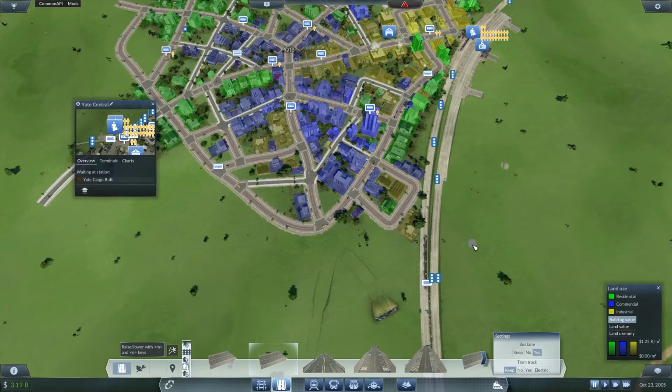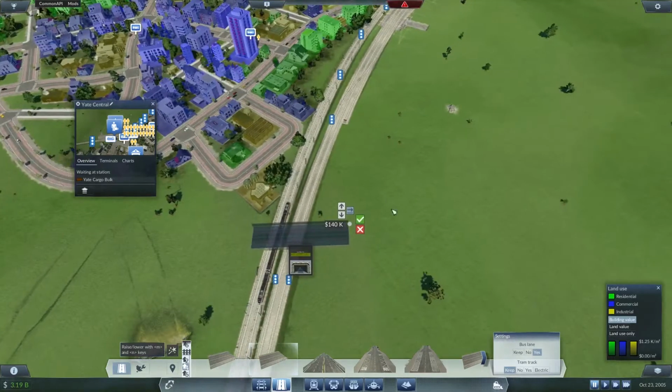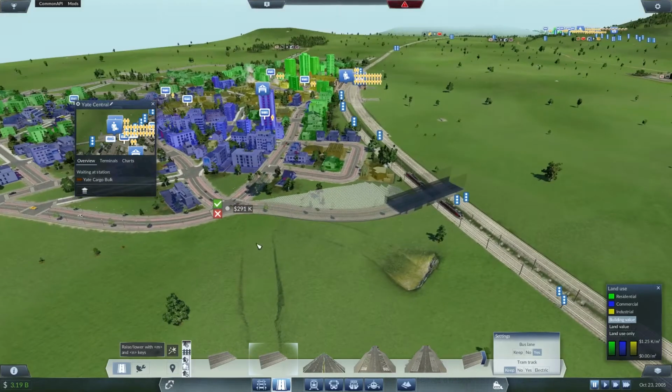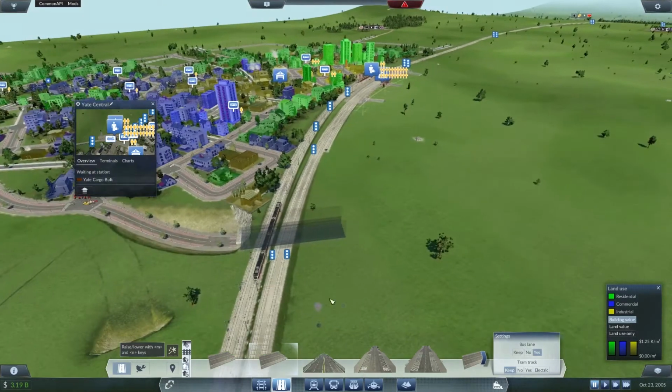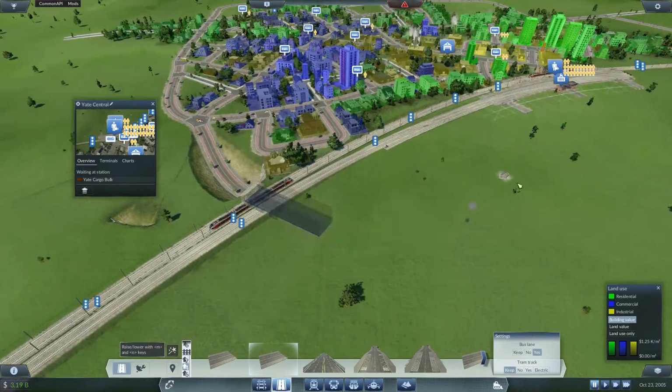Actually, I do quite like building the tunnel first, if I can. I may be entirely wrong here, but I get a feeling I get less of this sort of sharp down and straight back up again kind of effect you get if you just let the game tunnel itself, because you're heading in a down direction, then you have to go back up again, whereas if you're flat in the tunnel, again, it's just minor aesthetics which appeal to me slightly. Okay, you need to come out actually from as steeply as we can do it. But what if we